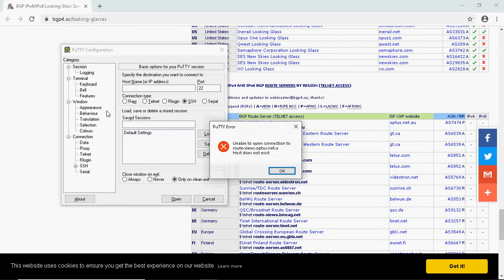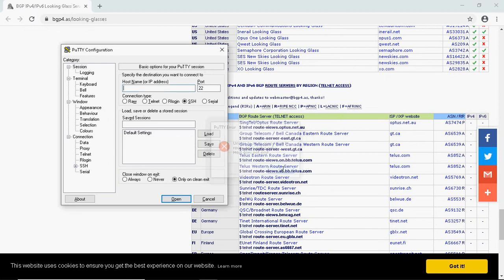So just give route-views.optus.net.au. You have to give telnet and open.